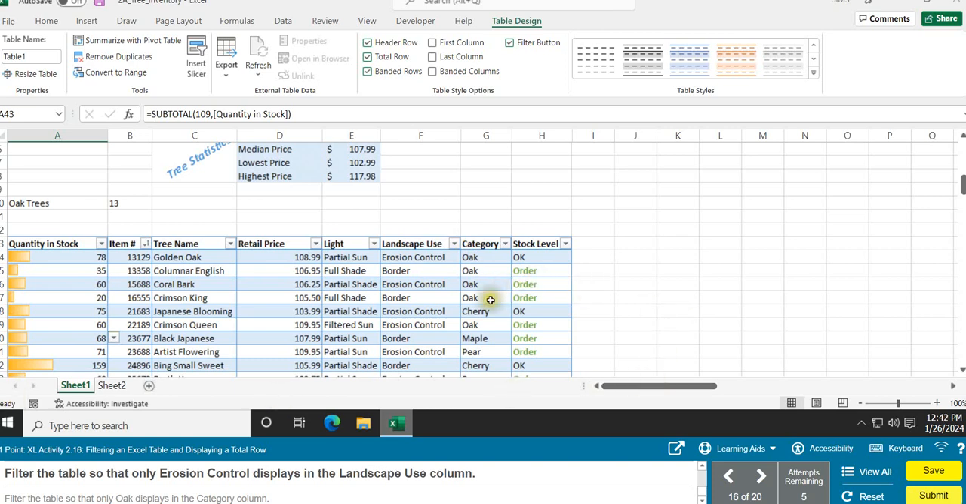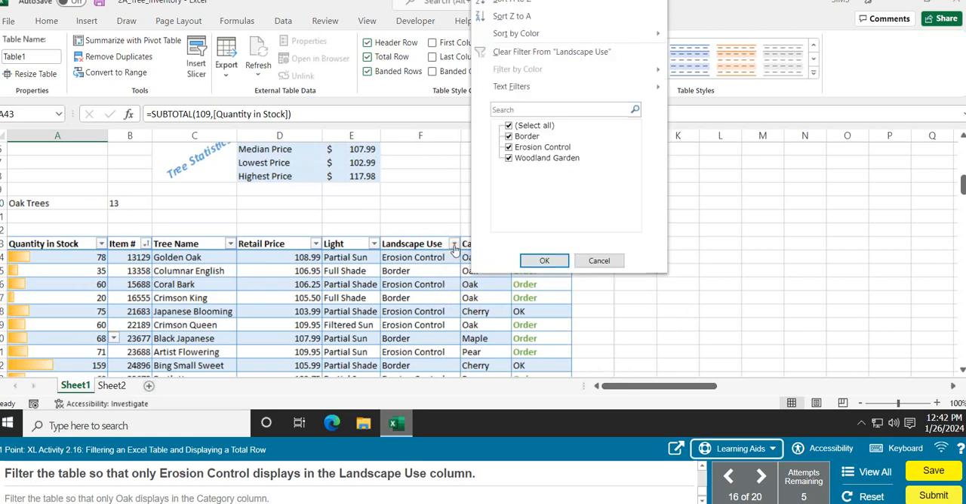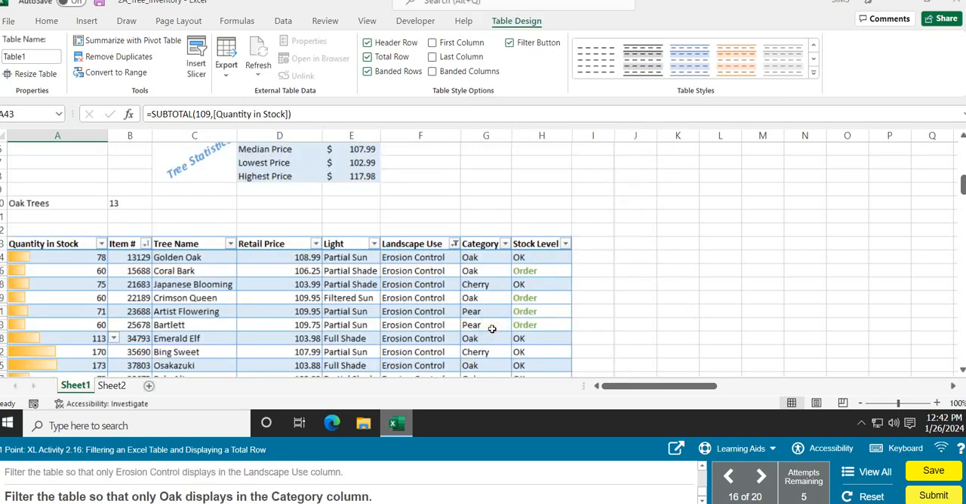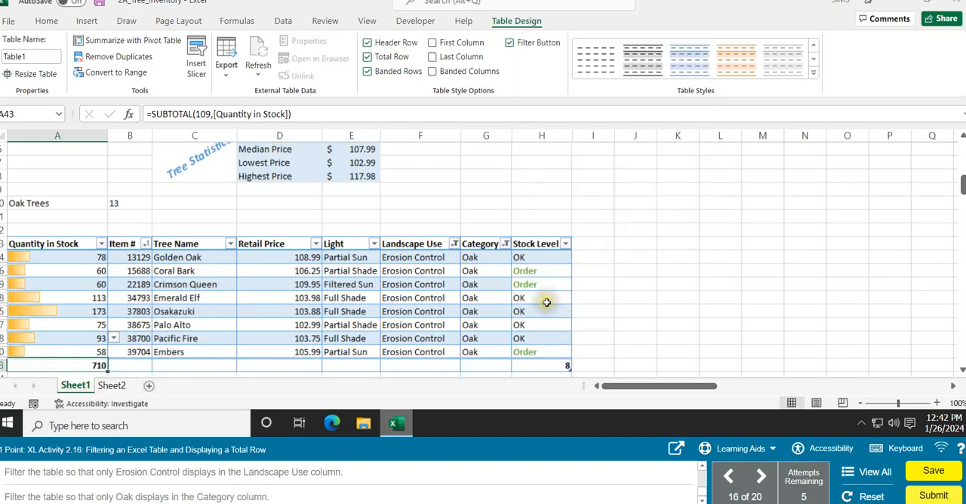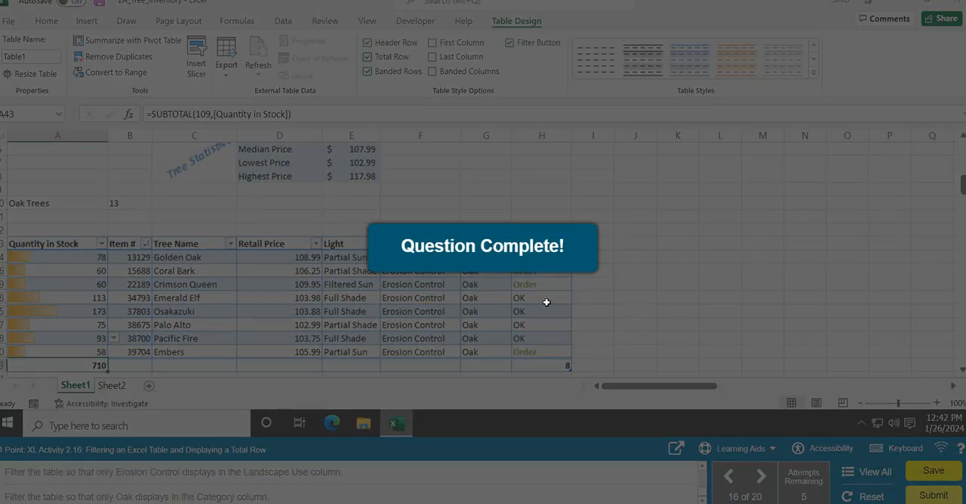Right, so let's go to landscape. And so they want us to do select all for that and only erosion control to display. Click OK. Now filter the table so that only oak displays in the category column. Category, unselect oak. Okay. And that's it for